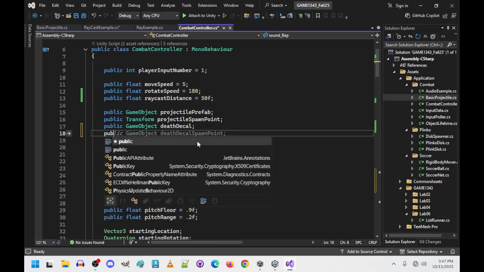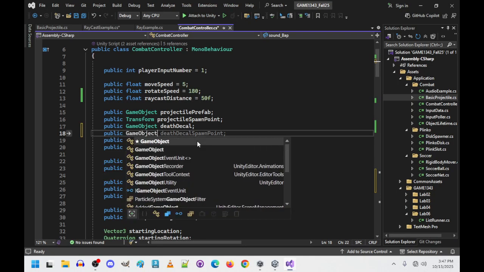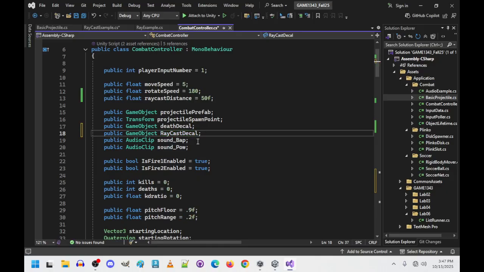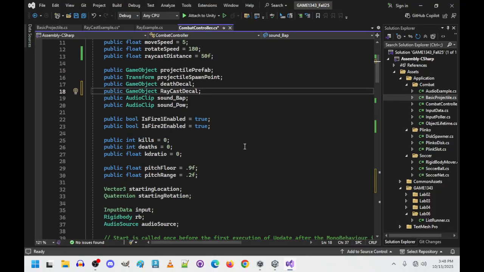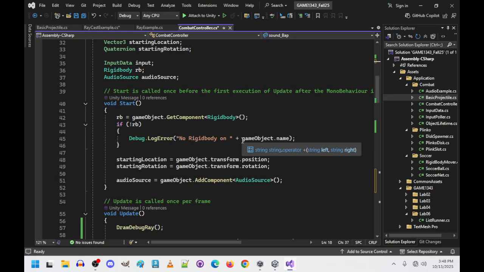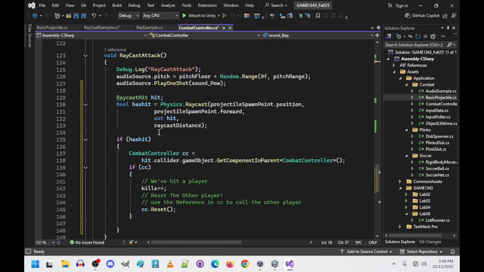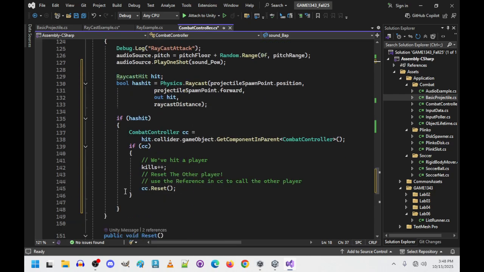This would be public game object, raycast decal. And then what we'll do is after the projectile, we do want to have a hit. We do want to, again, create